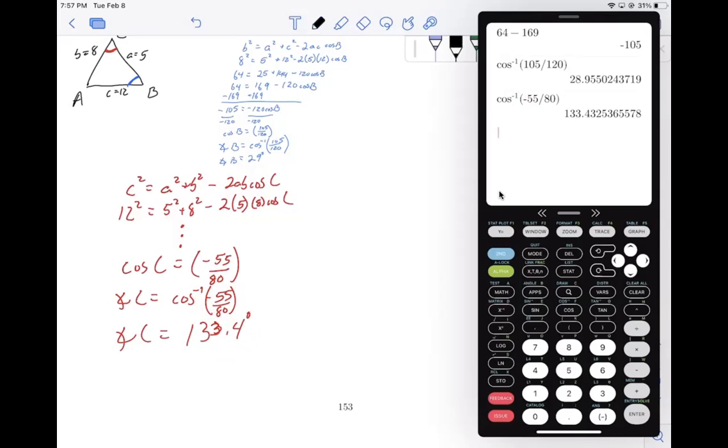And then the last part of this is pretty easy. Let's say we're solving for the third angle here, angle A. Well, we don't have to do the law of cosines again. We can use our basic triangle facts. For instance, we know that angle A plus angle B plus angle C should add up to be 180 degrees. It's a triangle. That tells us that angle A is going to be 180 minus angle B, which is 29 degrees, minus angle C, which is 133.4. Oh, I'm sorry, we're looking for angle A here, not angle C. So that tells us that angle A is going to be